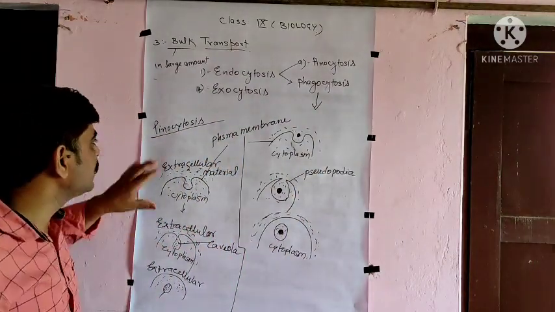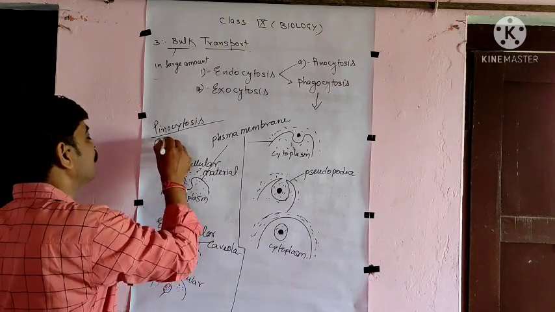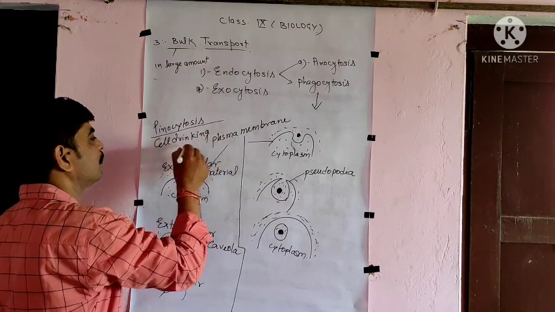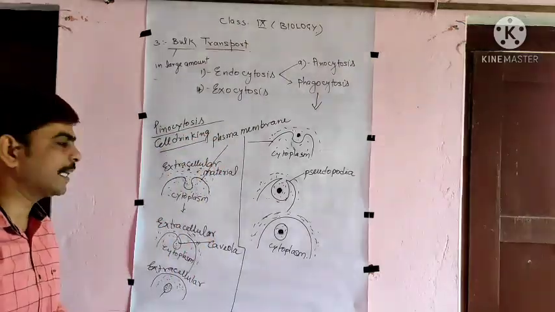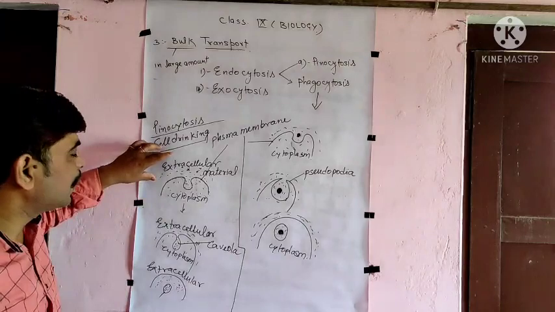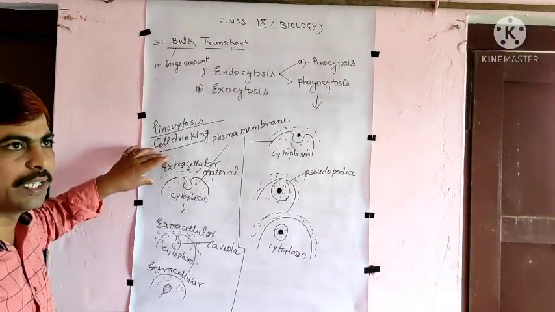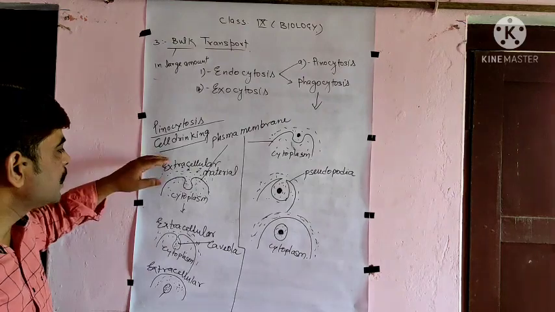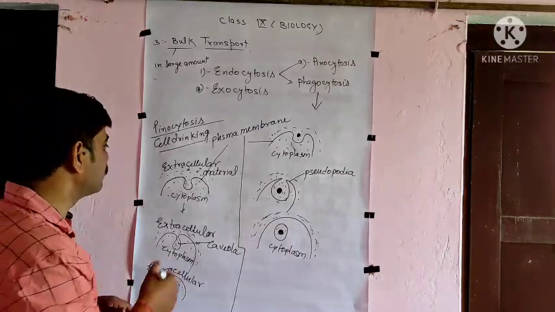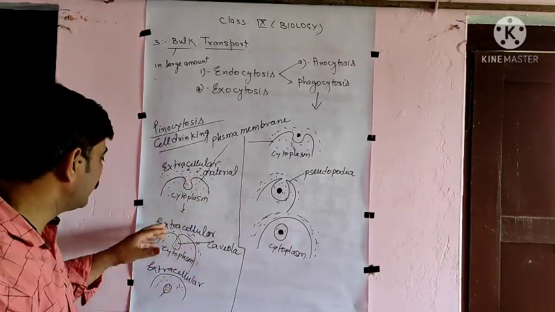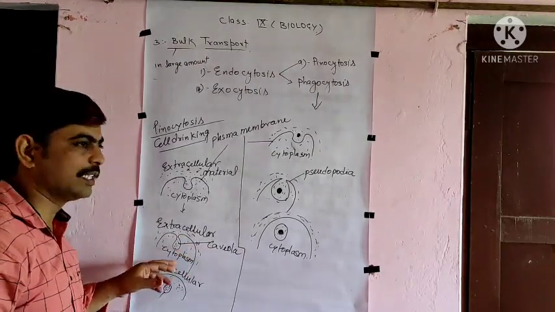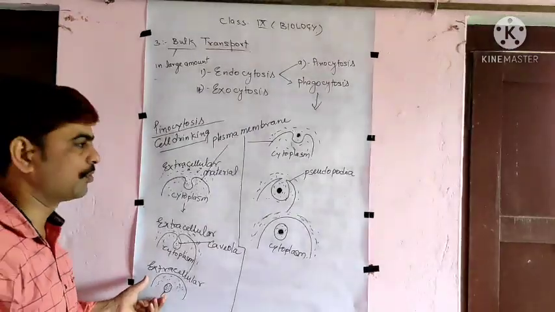Okay, the pinocytosis is also called cell drinking, meaning liquid materials are taken inside the cell. The extracellular fluid that contains the liquid material comes and the plasma membrane invaginates inwardly, and this material is filled in this area, and later on this detaches, this is called caveola. Later on this caveola detaches and is called pinosomes.